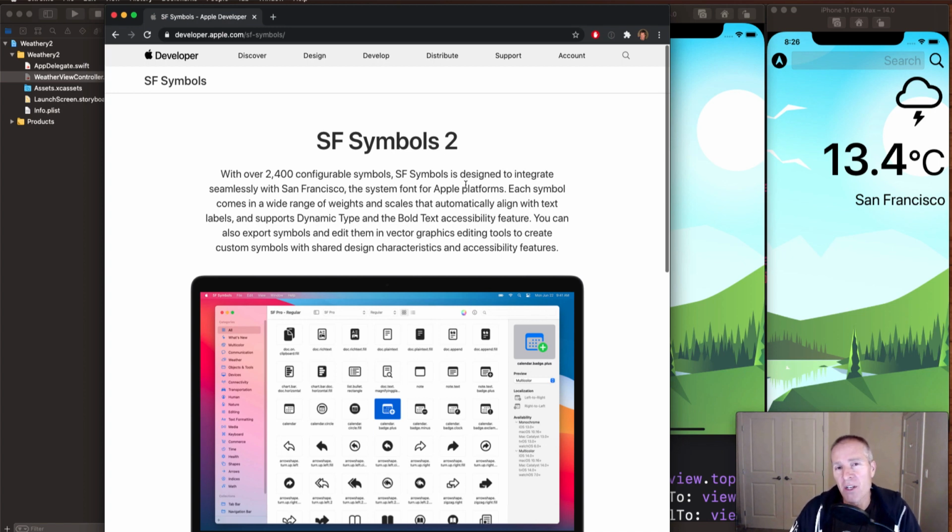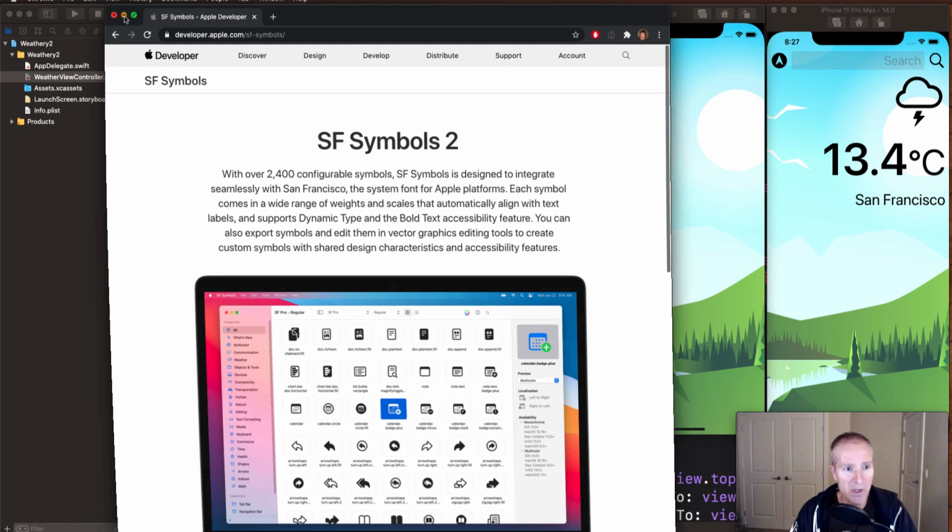And these are really good things to use in our app because they resize themselves automatically. Apple's put a lot of thought and care into how they should look, and they're fully vectorized, which means they're going to expand and shrink as our accessibility views shrink and grow. So we really like using them in our apps if we can, and that's what we're going to be doing